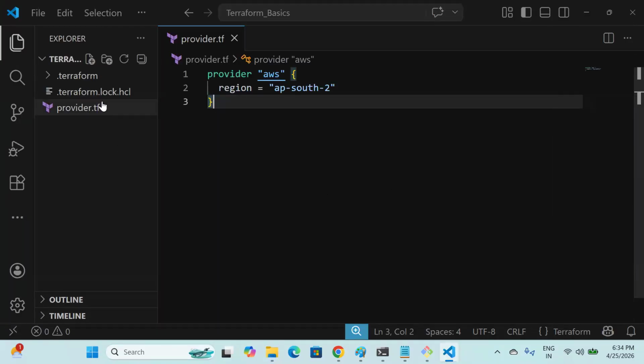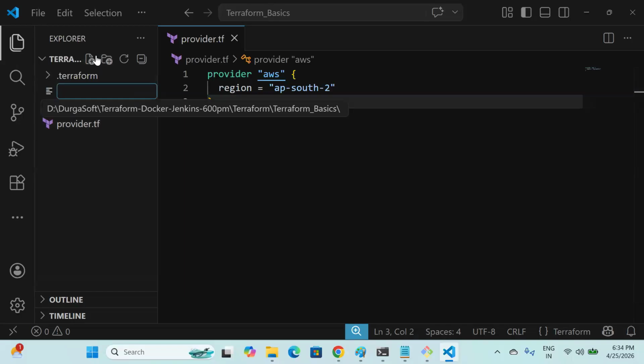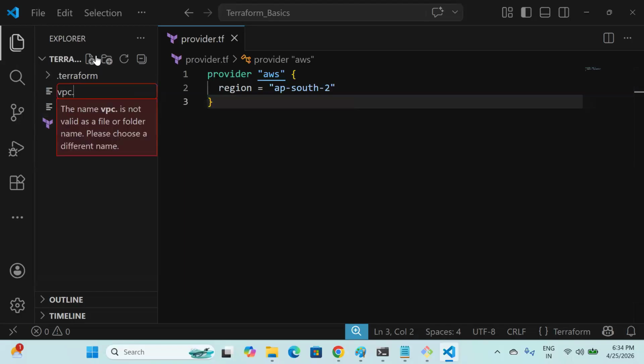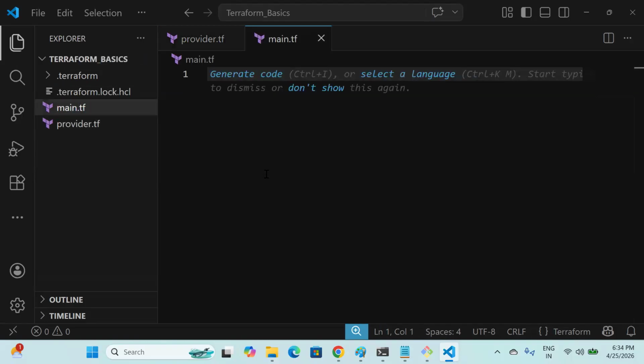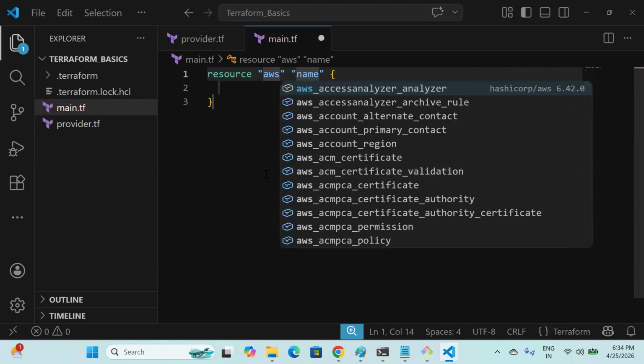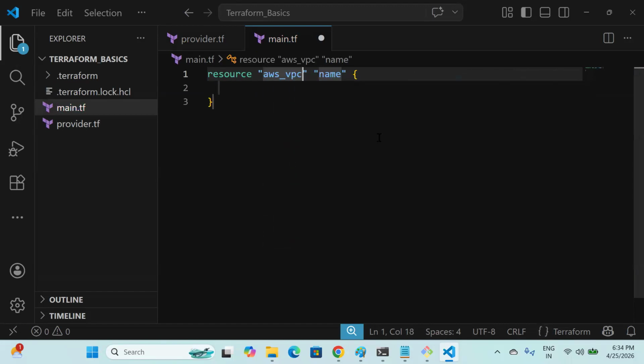Right. So the next one is I want to create a VPC. So simply I can give vpc.tf or else you can go with main.tf. Anything you can give. Now I want to create a resource. What is the resource I want to create? aws_vpc. And what is the name or label of that particular resource? demo